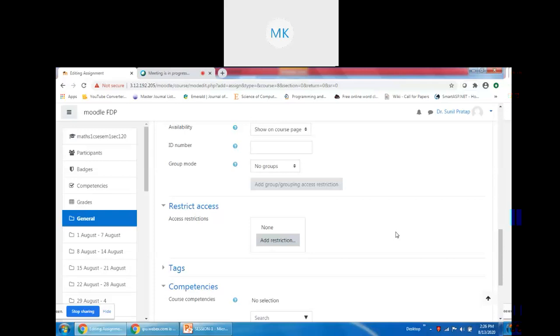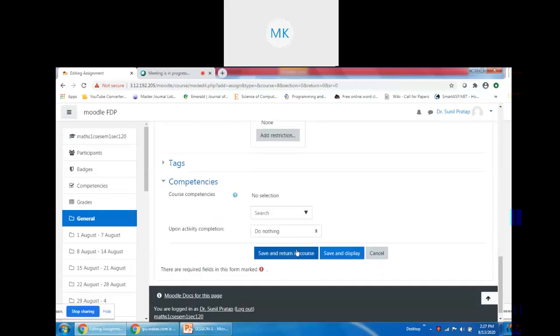So suppose you tell the students, children, you need to complete at least 5 activities. In that case, how will you check that the student has completed so and so activity? Although this will be identified in the grade book, many times you assign different kinds of activities which you will not grade. So for that reason, you need to click on this option. The student needs to click on this activity to indicate, sir, I have completed this activity. Okay, thank you, sir.